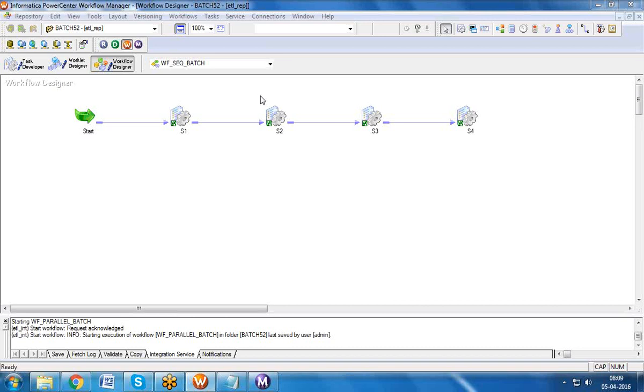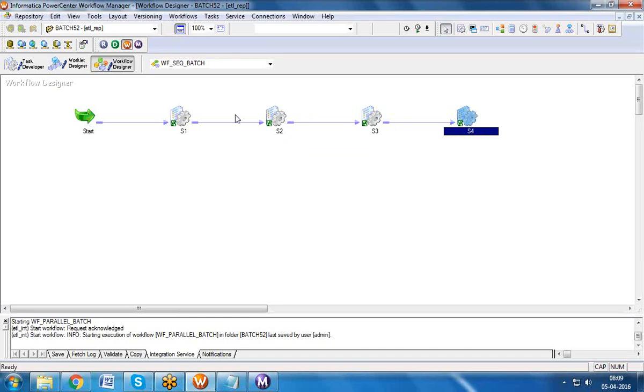If you get a requirement, okay, let me tell you very simply. This session extracts data from some XYZ table and loads into some ABC table. A session contains a mapping, and a mapping contains source and target. Let us assume this session extracts the data from A table and loads into B table. In this session, the source is B table and the target is C table. And in this session, the sources are B and C tables. And this session is dependent on these sessions.